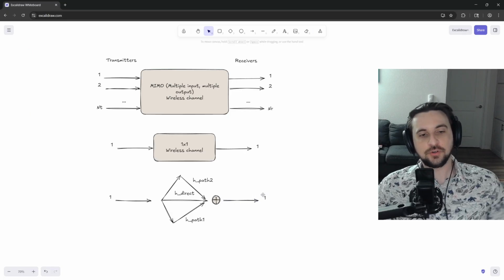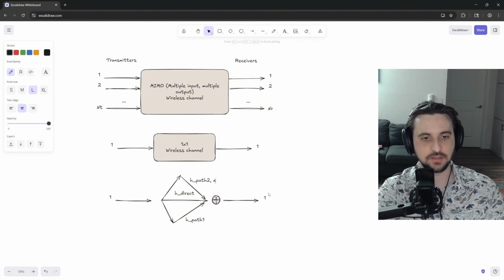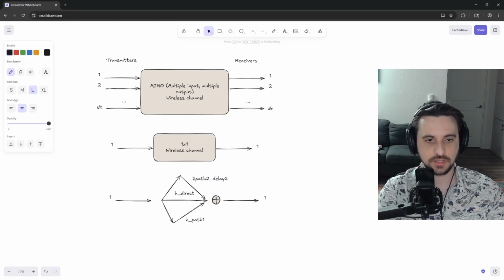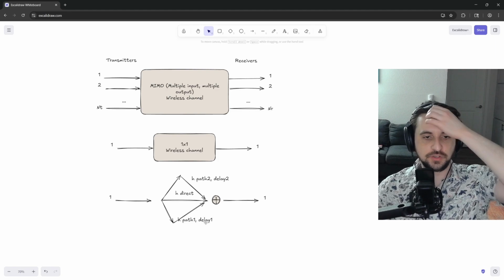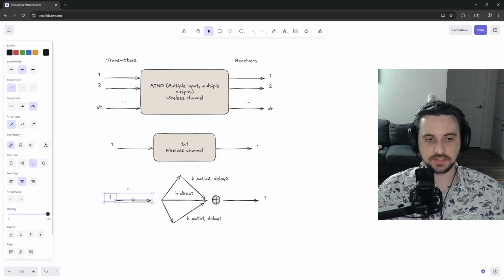Okay, so ultimately there's also a delay associated with each of these channels, right? So there's a delay too. Let's call it H path 2. H direct, okay. Path 2 and H path 2 delay 1. Okay, so then what happens is I can characterize the signal as a function of time,